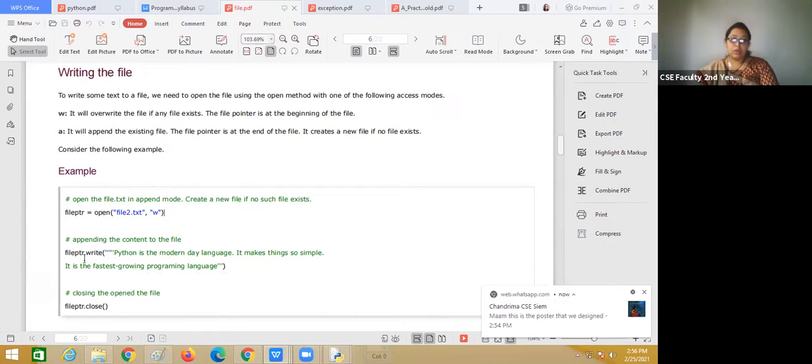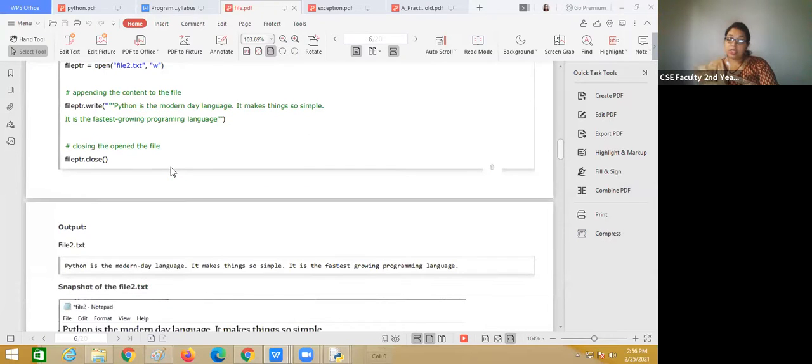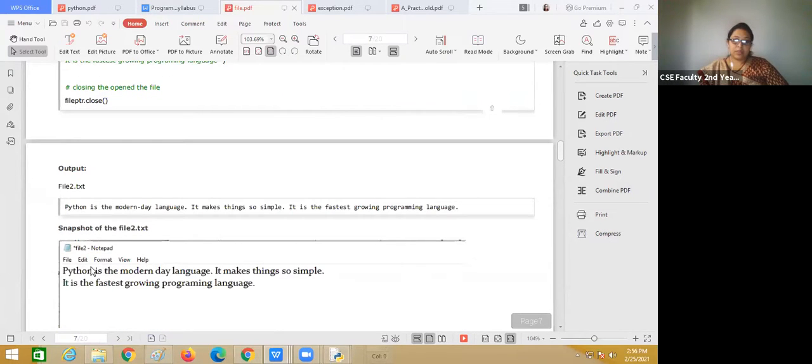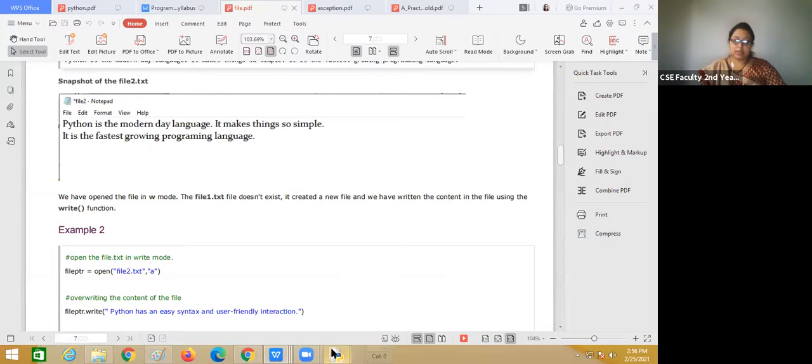Then file pointer dot write, "Python is modern"; this line will be written in the file. With W, only the lines will be added. Then if you open the file, all the information, "Python is modern", will be shown.